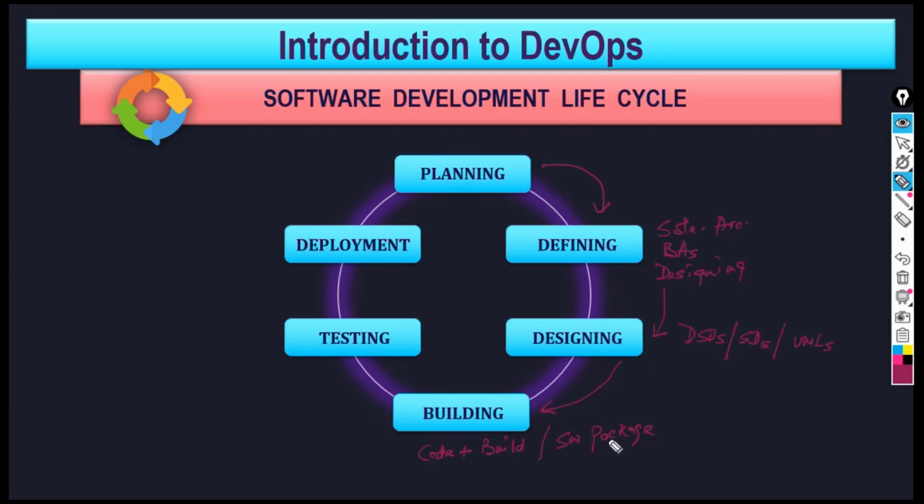So I'm not going to go into the details again, but then the testing will happen. That is the SITs. The package and the build will be unit tested, UTs, and then it will be deployed and go through the UATs. And again, it will come back to planning if there is, say, 80% achieved. For the rest 20%, it will again come back to this cycle, and it will go on and on till it is achieved 100%. Okay? No doubts, right?